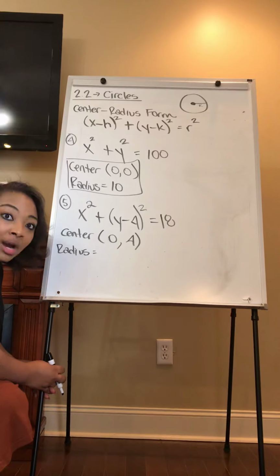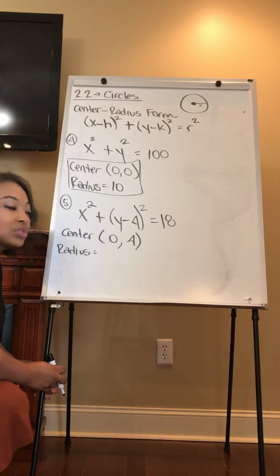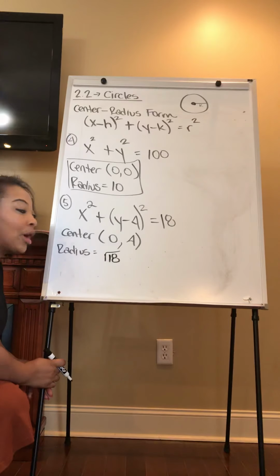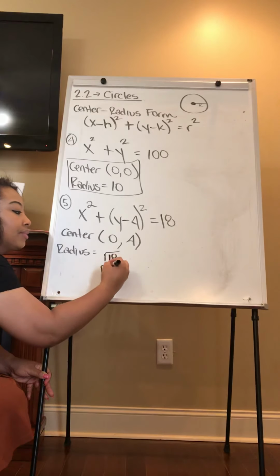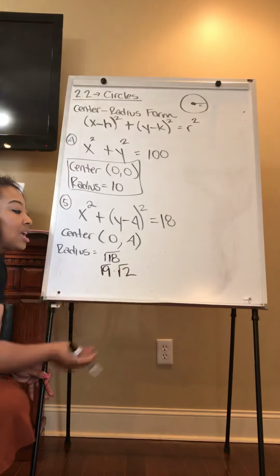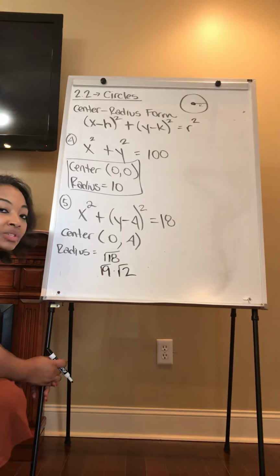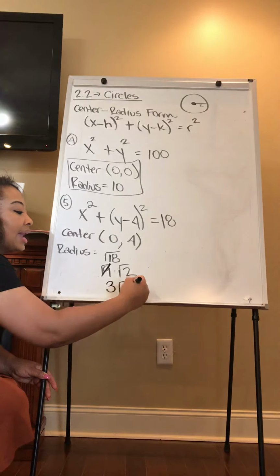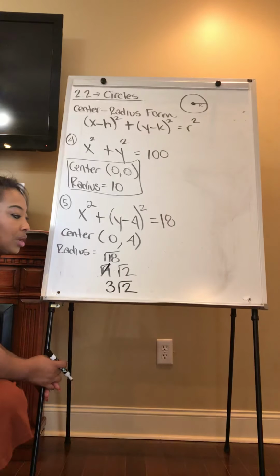You have your chart. You're going to have to break down the square root of 18. We've talked about this. The perfect number in 18 is 9. So that would be the square root of 9 times the square root of 2. Square root of 9 is 3, and I bring down the square root of 2. So my